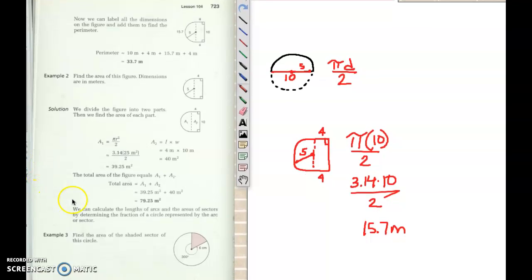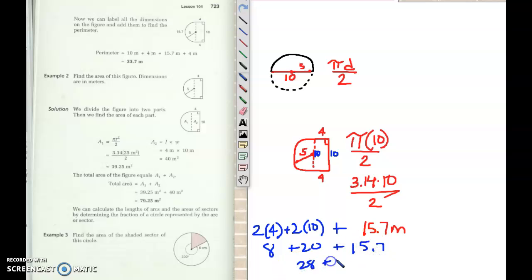So sorry, that is just the perimeter of that semicircle. We haven't even done the perimeter of this rectangle. Since the diameter is 10, because it's 2 times the radius, that's going to be this length right here. So I'm going to change to a different pen. The length of my diameter is 10, which means this side is also 10. So we need to add all the sides of my rectangle, which is going to be 2 times 4, because there are 2 sides of 4 and 2 sides of 10. When you add that to the 15 and 7/10 meters, you get 8 plus 20 plus 15 and 7/10, and that is 28 plus